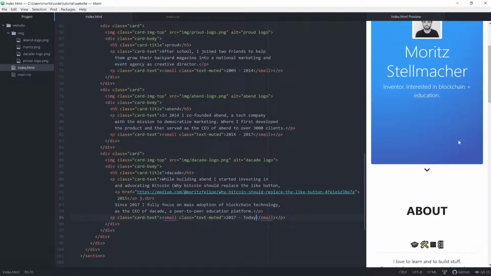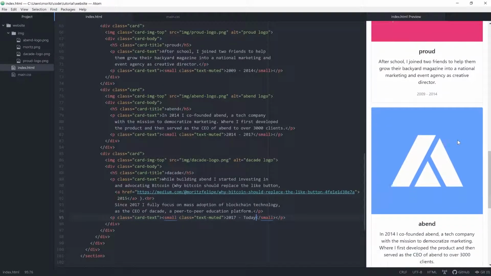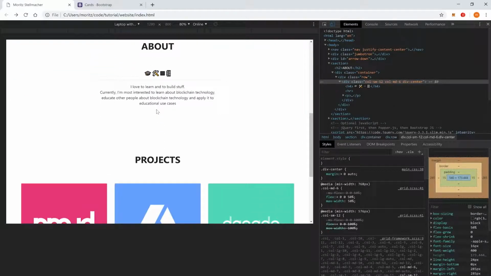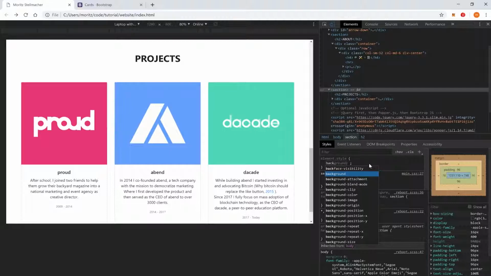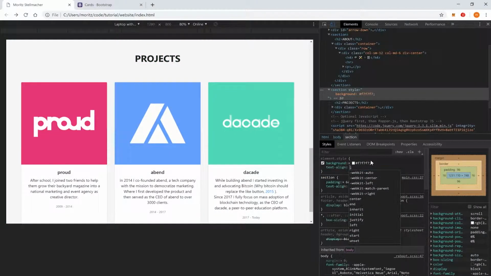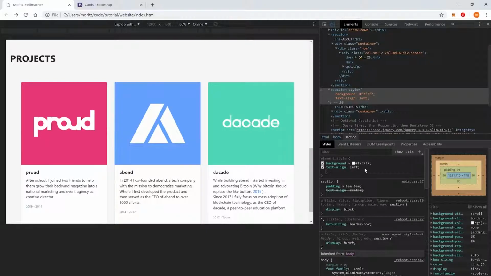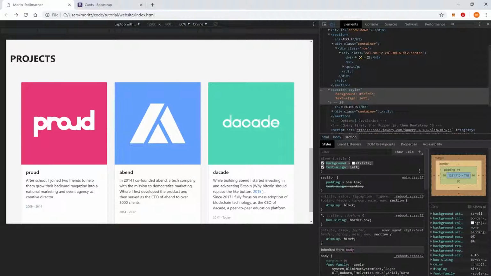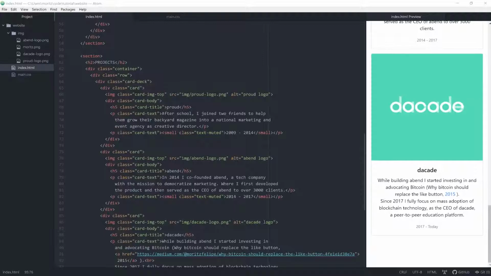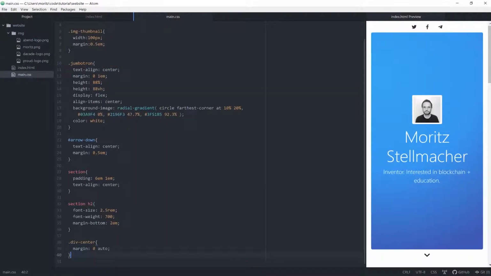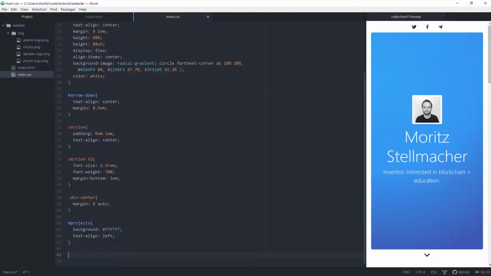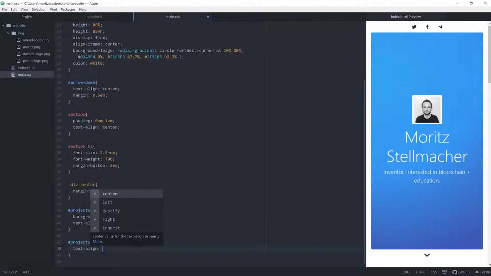As you can see in the Atom preview, we now always have to scroll down to see the changes. In a browser, we can immediately see the changes. So let's use this for styling. Let's make the background a different color and the text in the boxes, let's align it on the left. Okay, this looks good in the boxes, but our heading is on the left too now. Let's take care of this. First, let's copy our color and text align. Let's give this whole section a new ID. I will call it projects. And now we can paste it into the project style. Let's leave the heading in the center.